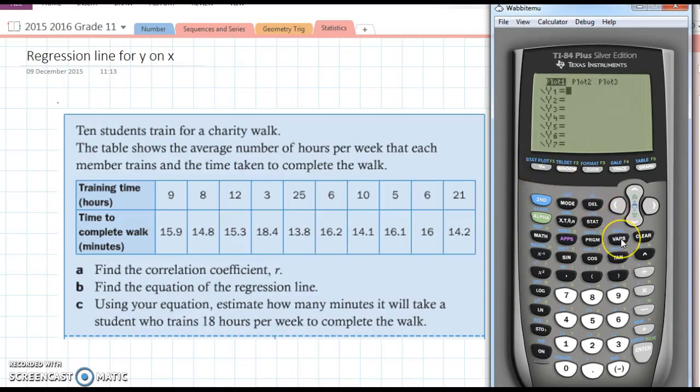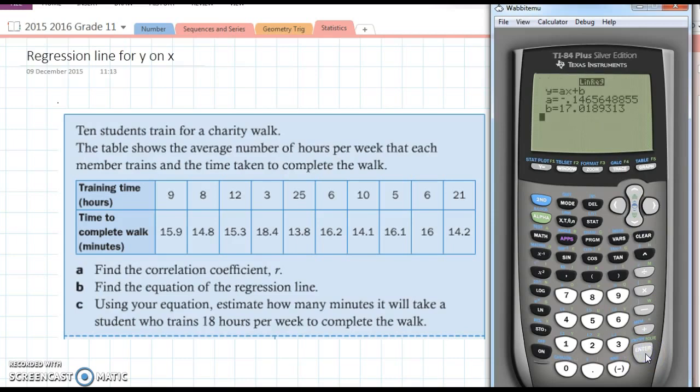So I'm going to go to Vars. Excuse me, I have to go back. Linear regression, store the equation in variables. Now I actually want a Y variable, a function, so I enter Y1. When it calculates the linear regression, it's going to store it in Y1, and it will actually draw it for me. So now I'll go down and calculate,